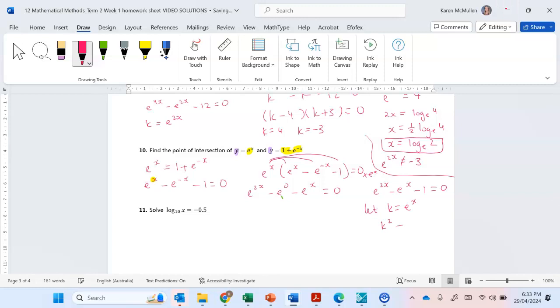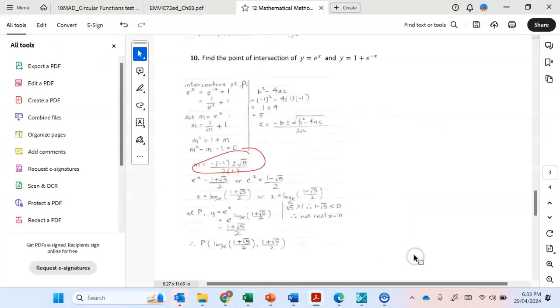So we've got k squared minus k minus 1 equals 0, and then you'd use the quadratic formula. Let's go to the other solution, just because it's already done for us. Your value of a is the coefficient of, in this case, they've used m and not k, so a is 1, b is negative 1, and c is negative 1. So substituting them into your quadratic formula, we end up with